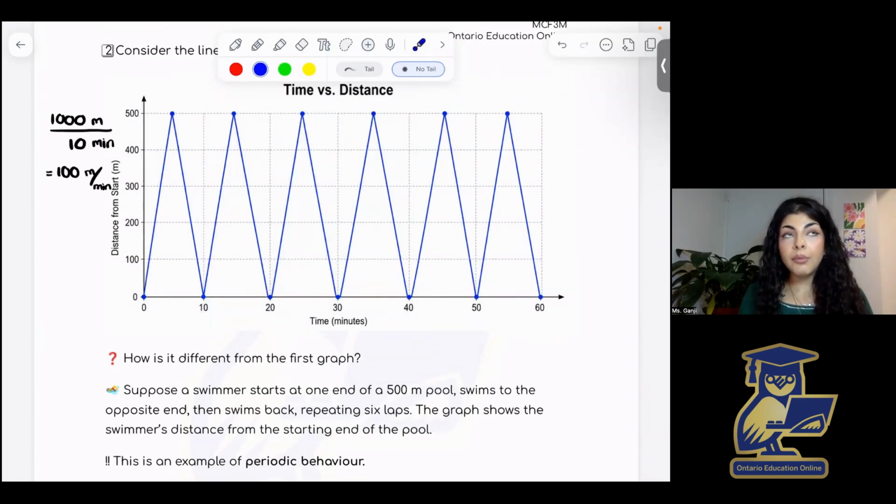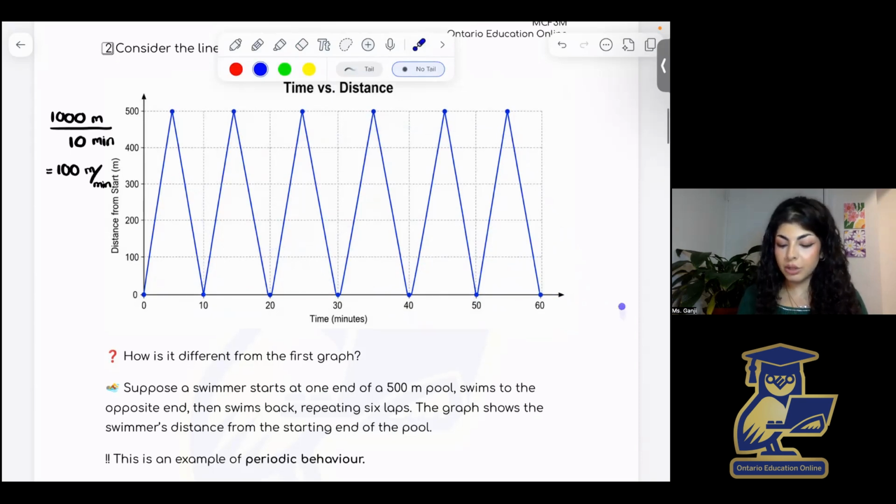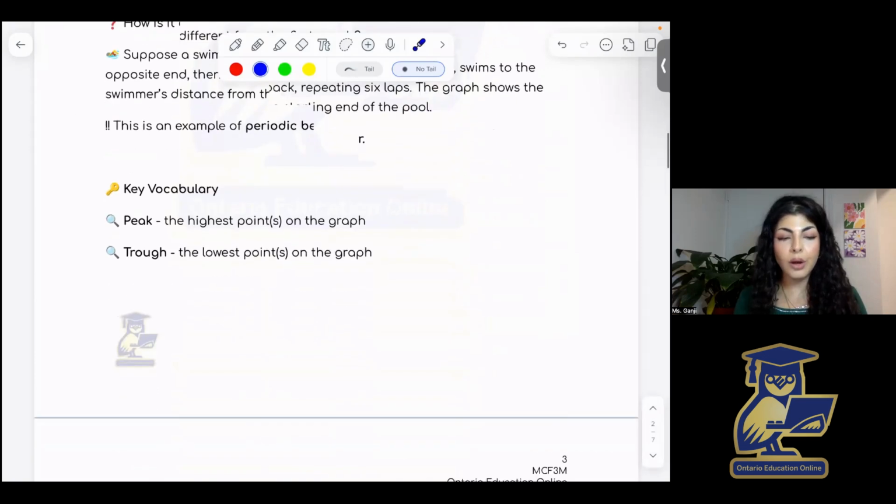Now, if we were graphing based on real life, as I mentioned, where the swimmer's speed might decrease at the end, and perhaps lap 6 is done in 20 minutes instead of 10 minutes, even because of that one cycle, this would no longer be a periodic function because it is not the same repeating movement at equal intervals throughout the domain of the graph. And in this case, the domain of the graph is the total 6 laps. So we do have to consider all the 6 laps. And as soon as one of them has a different interval than 10 minutes, then that's no longer a periodic